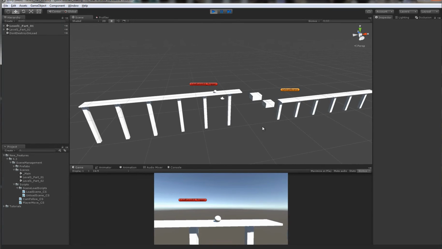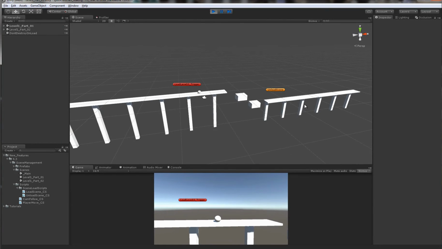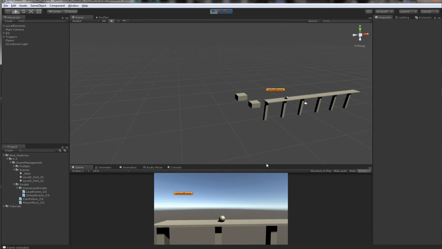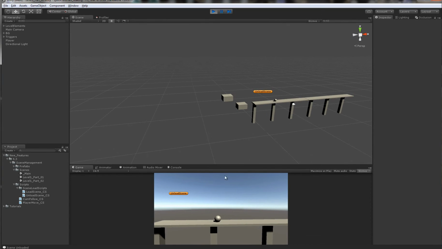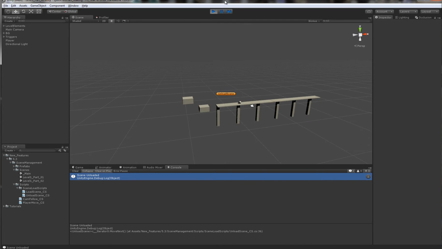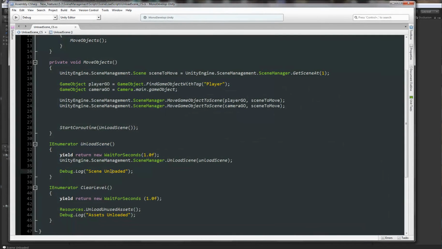For some reason this light is getting added here, and if I go here, it unloads, moves the object, the scene unloaded, and I'm not calling that. Well, man. Okay,